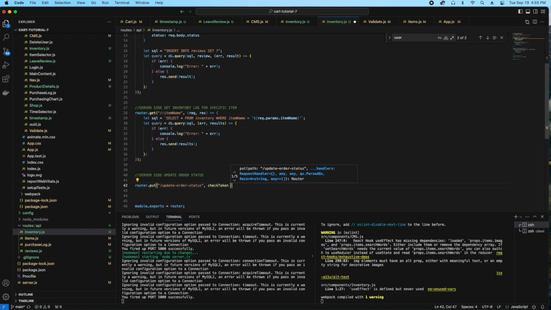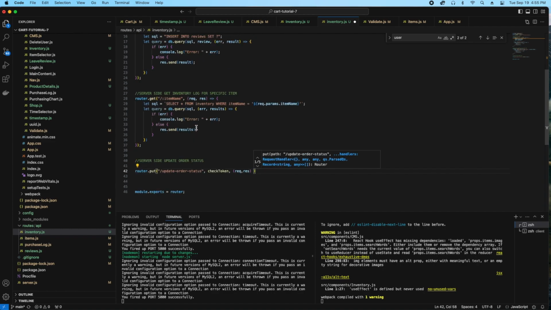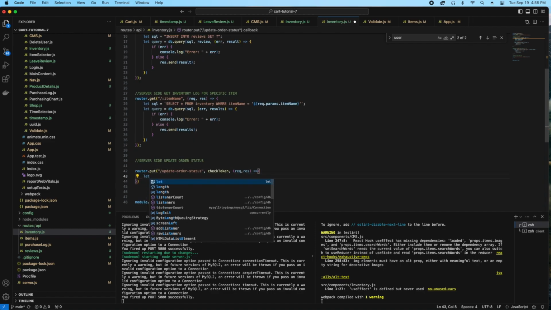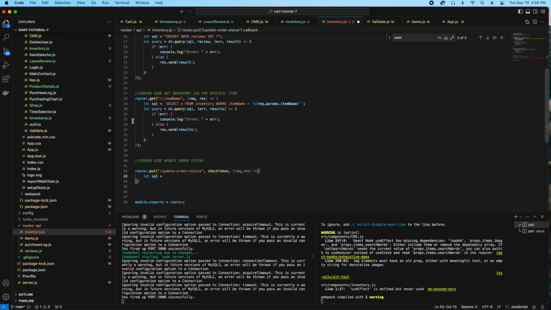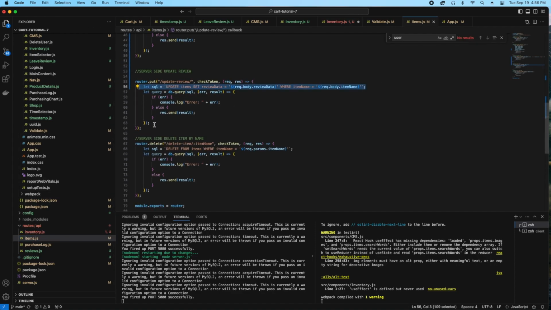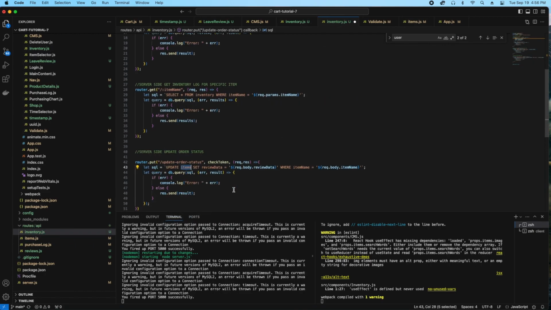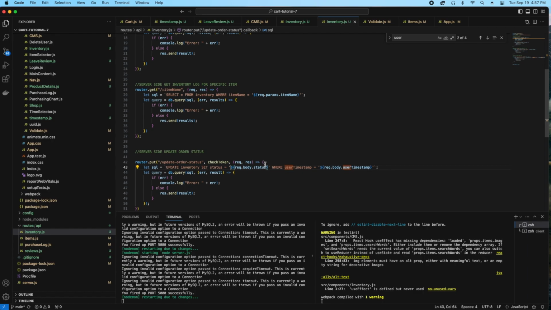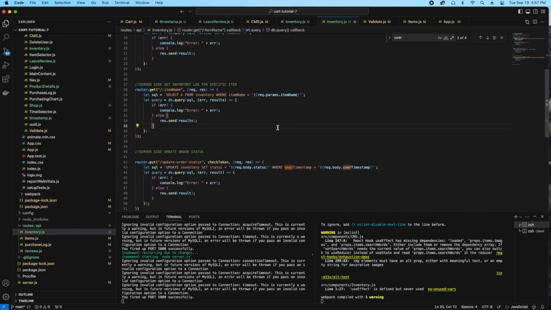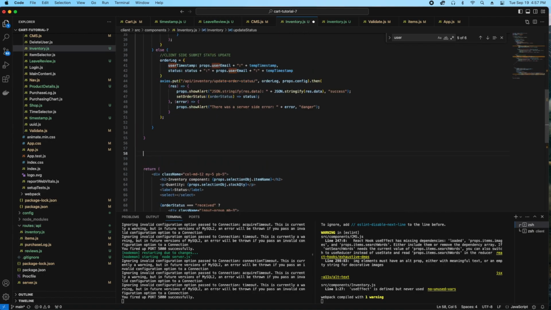So I just do my check token, which is all of them have to do this. And then, of course, my callbacks here. Here's the SQL string. And as you can see, user time spent is what I'm looking for. Status is what I'm going to be updating, and the table is what's going to be updated, the inventory table. So it's all pretty basic here. So the server side is written,